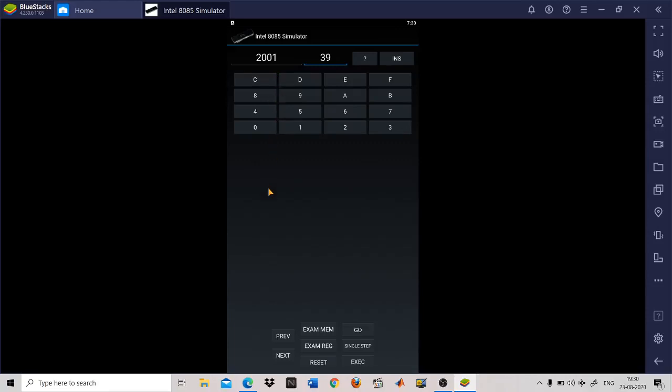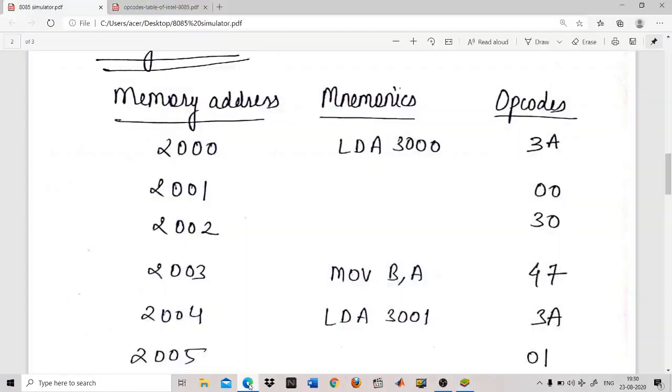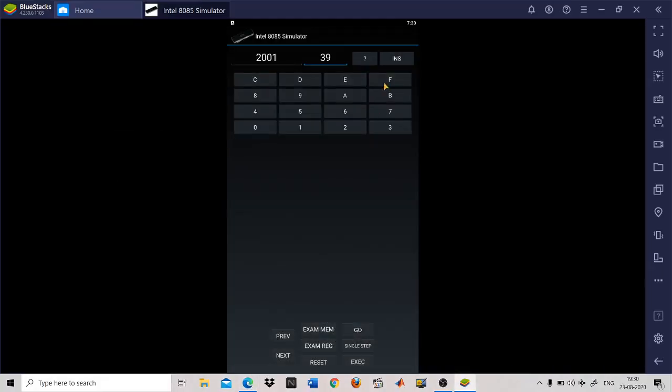What is stored in 2001? 00. So type 00, and again press next. Then 30. You can refer to it from the PDF. Then again press next and type 47, and again press next.